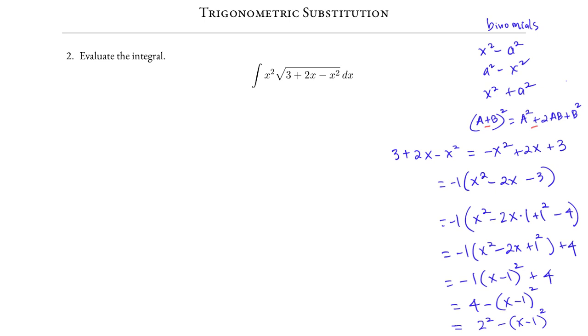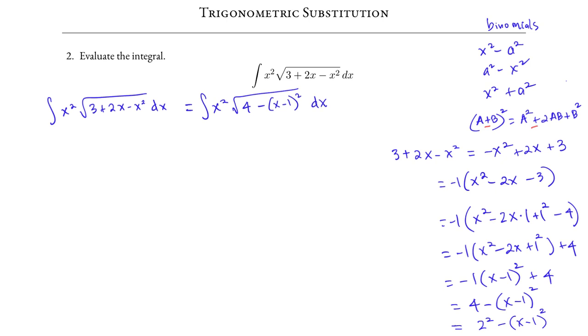Negative 2x is positive 2x, and negative x squared. The given integral is now the integral of x squared times the square root of 4 minus x minus 1